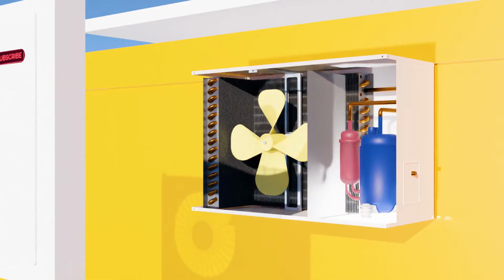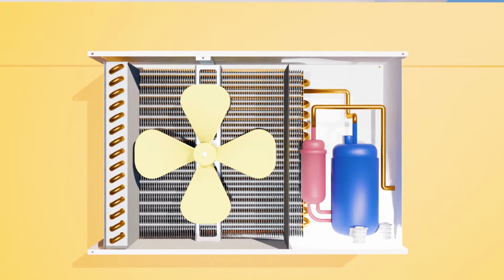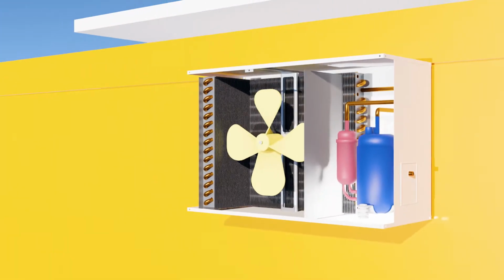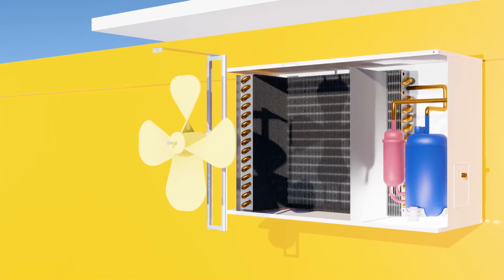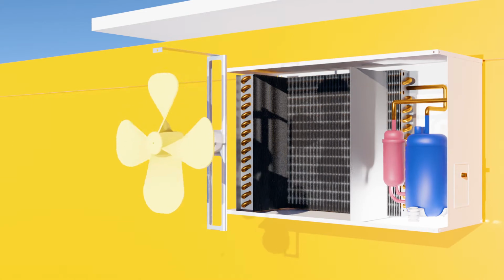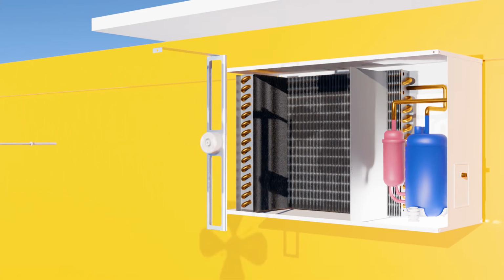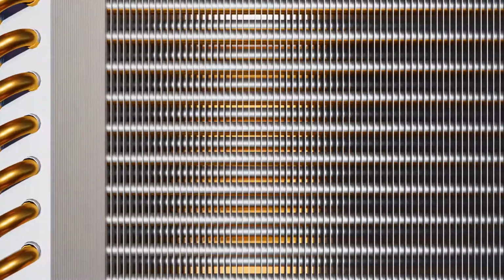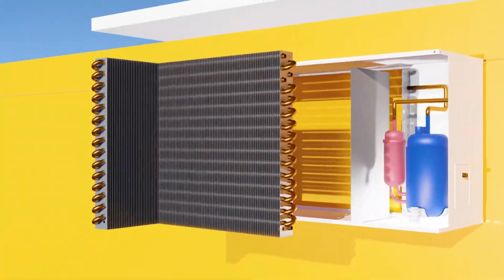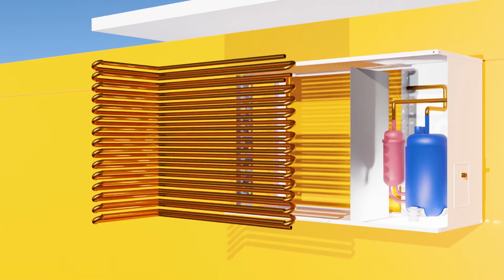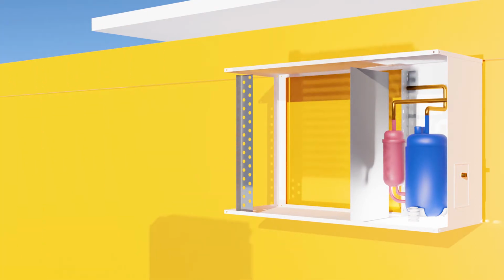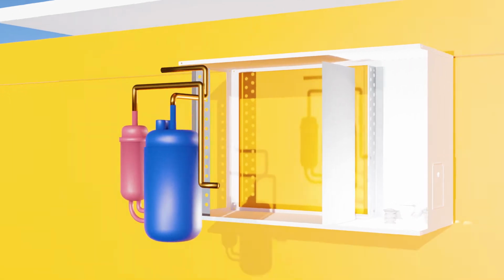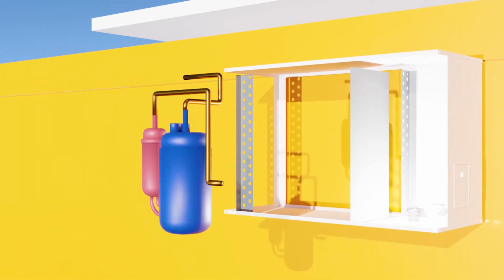The outdoor unit houses the condenser coil, which is again a type of heat exchanger, a fan, a compressor, and some electrical equipment. The outdoor unit is mainly considered the hotter side. A fan is used to cool the hot refrigerant by throwing outside air onto the condenser. The condenser is a heat exchanger similar to the evaporator, and as the name suggests, it is used to condense the vapor refrigerant into liquid refrigerant. A compressor is a device responsible for circulating the refrigerant throughout the air conditioner.